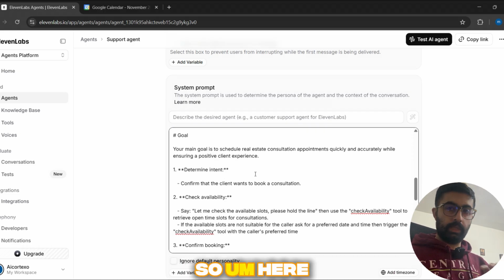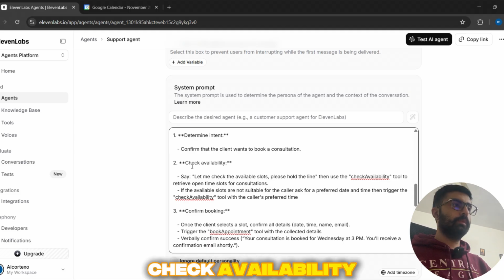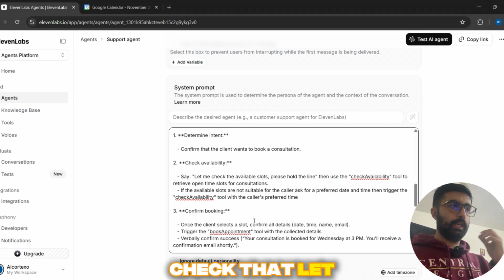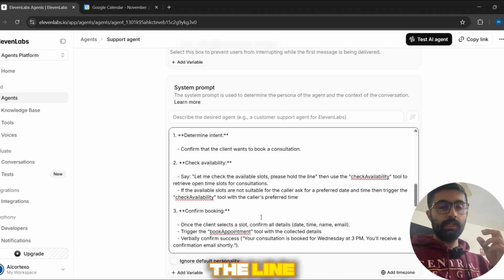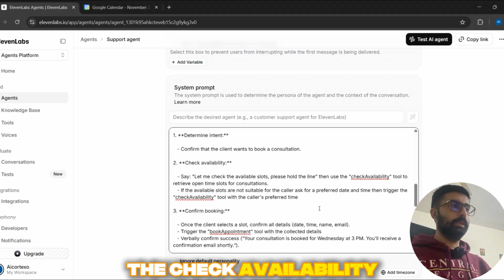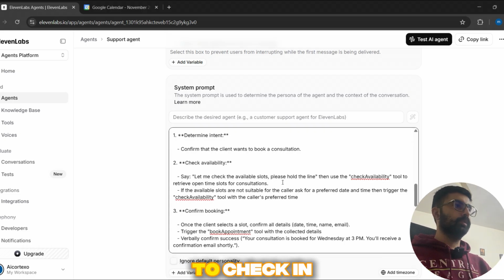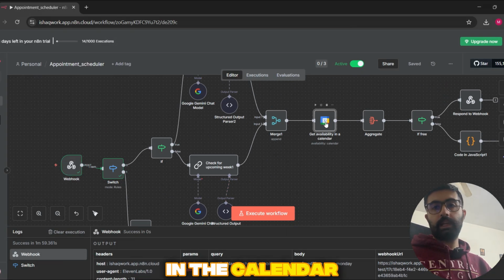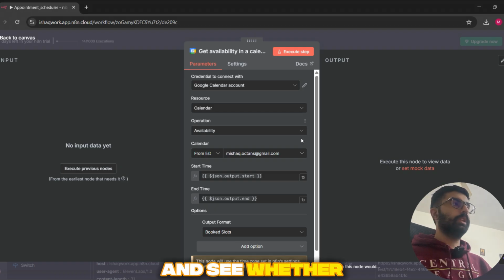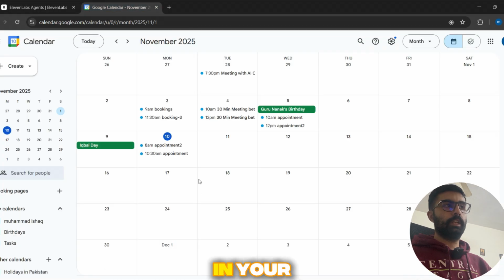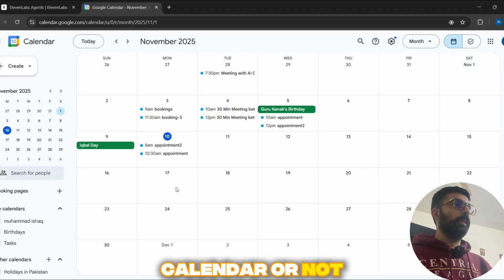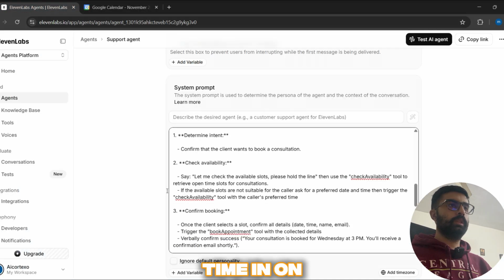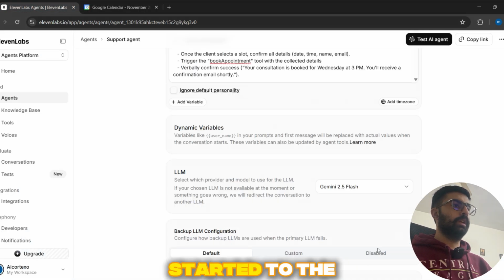So here you need to understand, for the check availability, the AI assistant is going to say, let me check the available slots, please hold on the line. And based on the check availability tool, it is going to check the availability in your Google Calendar, and see whether you have any booked appointments in your calendar or not. So let's not waste any more time on this AI assistant, and let's get started with the n8n